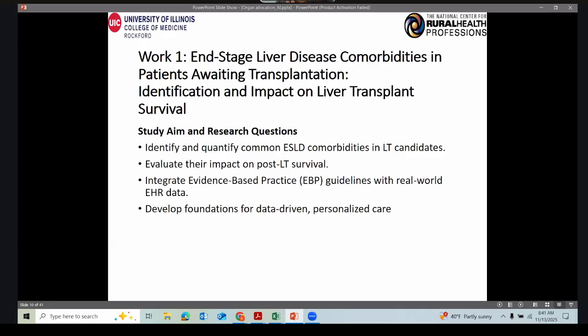These comorbidities can strongly influence both whether a patient is selected for a transplantation and how well they do afterwards. So the aim of this study is to identify and quantify these common comorbidities in liver transplant candidates. We want to understand how frequently these conditions occur and which ones have the biggest impact on patient outcomes. Next, we plan to evaluate how these comorbidities affect post transplant survival,